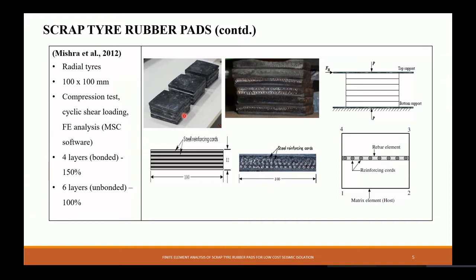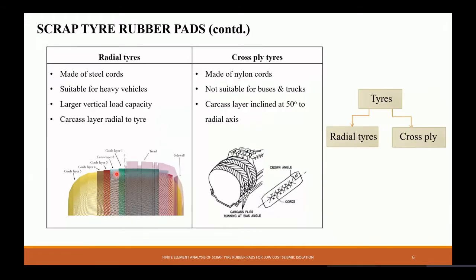Okay, and if you look at it, these are just multiple rubber layers connected and bonded to each other. But they do not utilize steel shims like what we do. What they utilize is basically steel reinforcing cords, which were already there. Okay, but no steel shims in between. Okay, so they did a lot of analysis and static testing, dynamic testing, shake table testing, and produced some results.